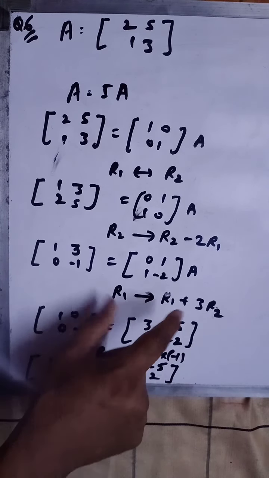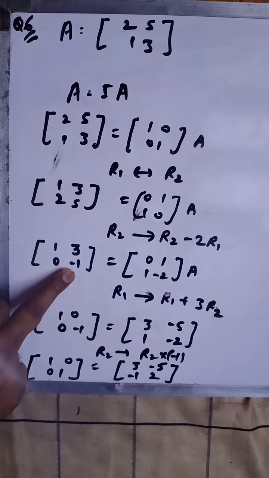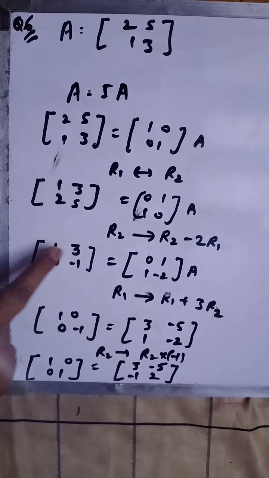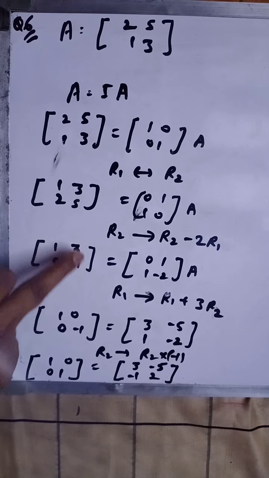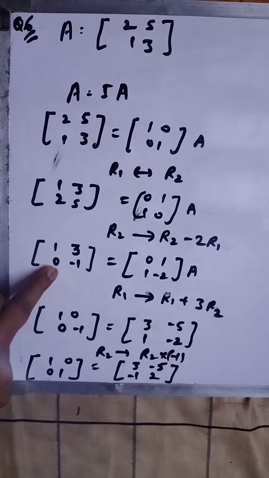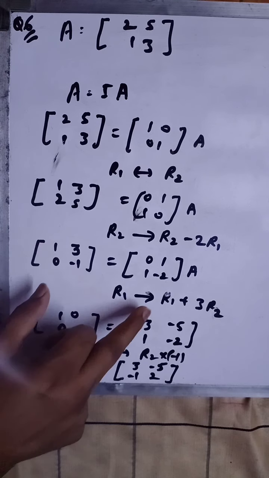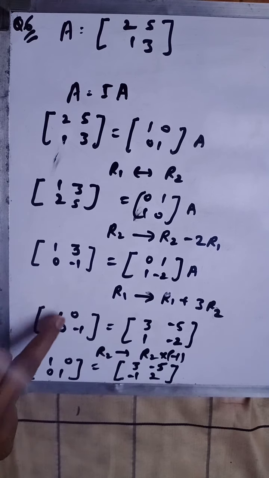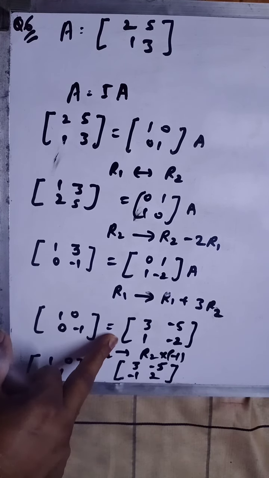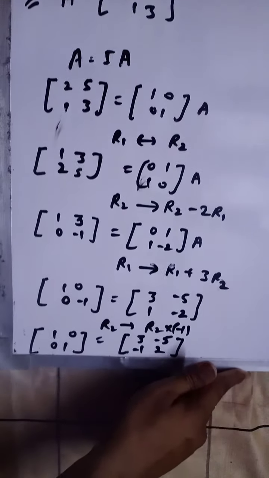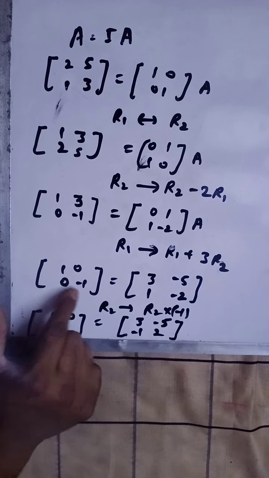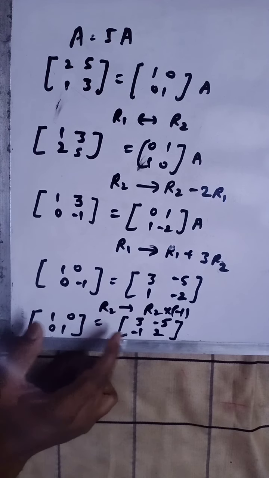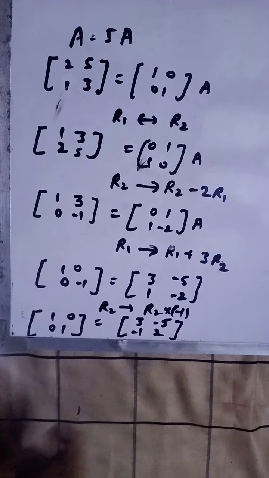And after that, here you have to make it 0. So you will multiply this by 3 and add here. Here no effect: when you multiply this by 3 it will remain 0, and when you add, it will remain 1. So I'm applying this operation here. After application, you will get this. Got it? Now only -1 is creating a problem. So we are multiplying row R2 by -1, and after multiplication you will get this.